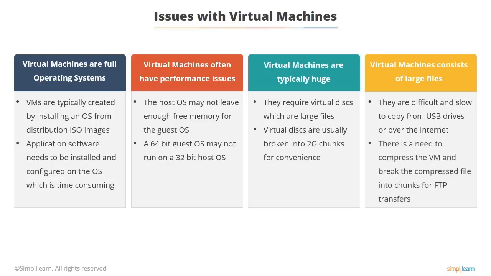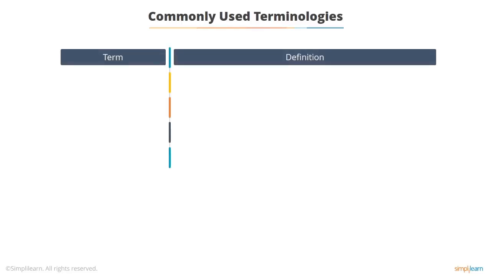But say the transferring across the network is a real pain. Even from things like USB devices, they can be very big images. So just to make sure we know what we're talking about here, there are certain terminologies which are sometimes confused, and just to make sure we know exactly what is going on.